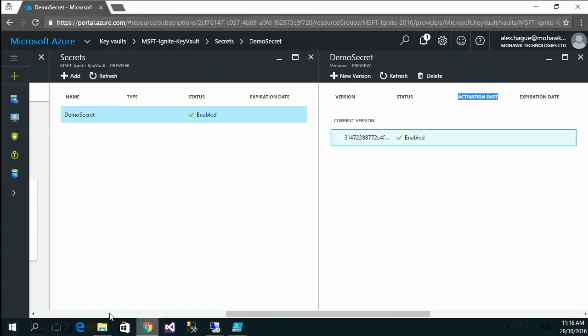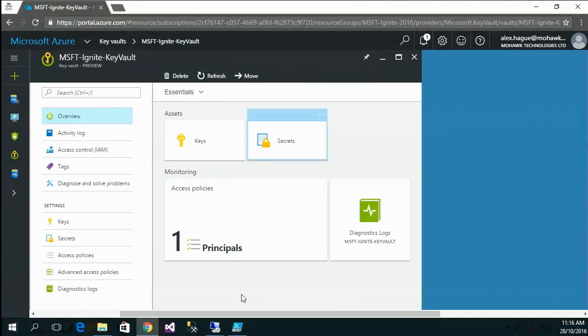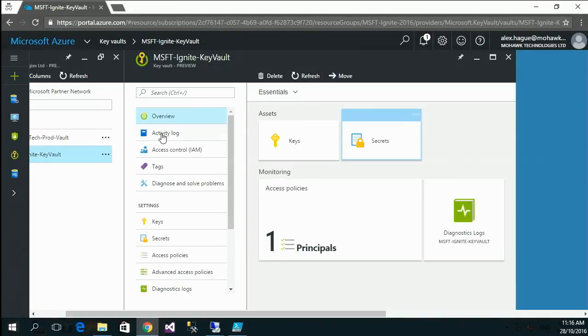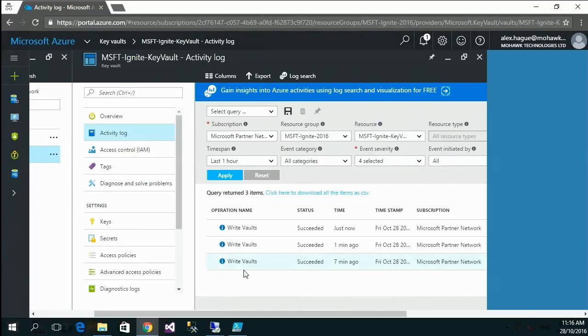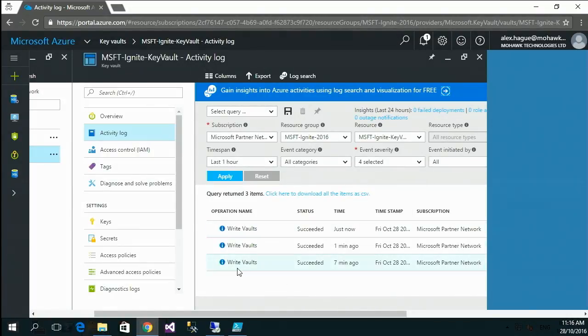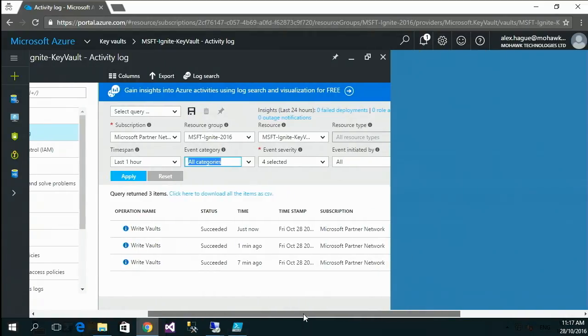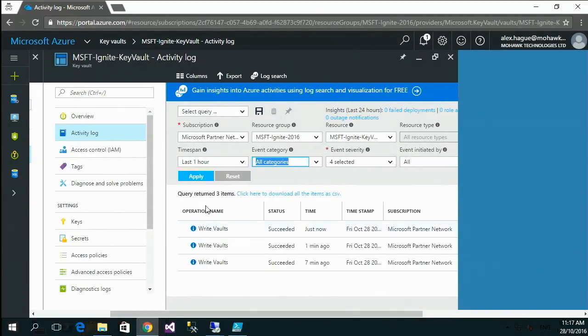Now, all of that access is logged within Key Vault. So if we go into the activity log, you can see I've written to the vault, and I think we may need to have all categories. It may be taking a little time for some of the other notifications to come through, but you can audit